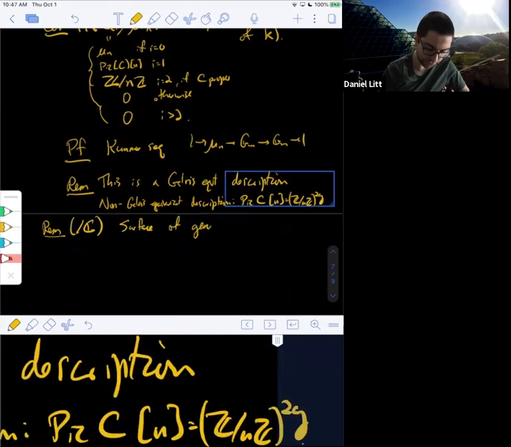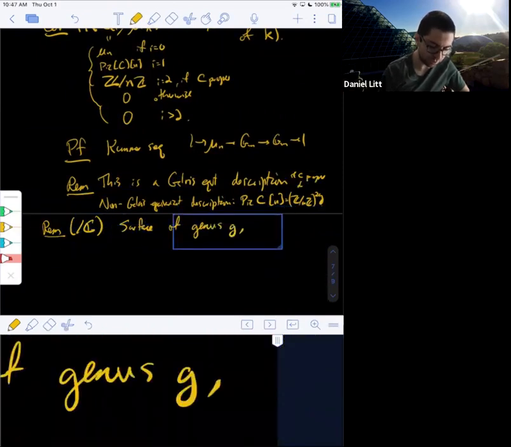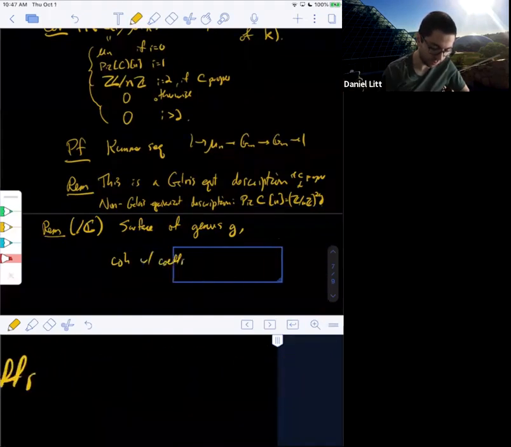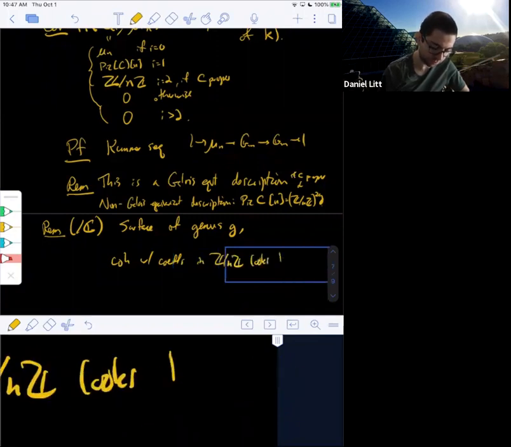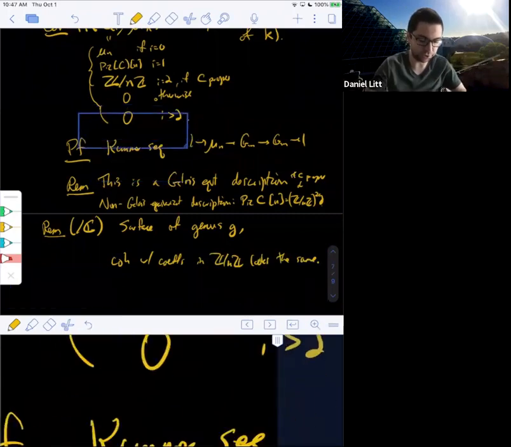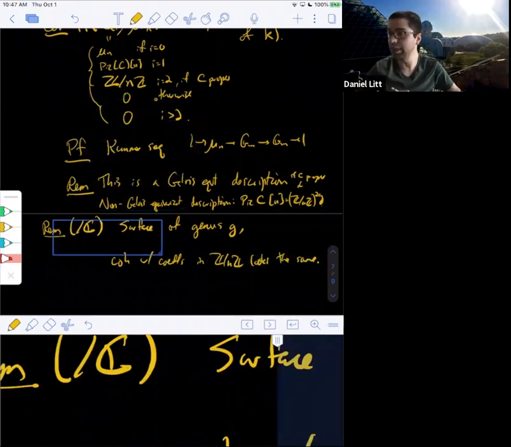Sorry. This description is if C is proper. So if you have a surface of genus g, the cohomology with coefficients in Z mod nZ looks the same. I think this computation, which as you can see is really involved, like it was not trivial to show these zeros are true in high degree, was maybe the first real piece of evidence that étale cohomology was a good cohomology theory. Like it looks like the situation over C.